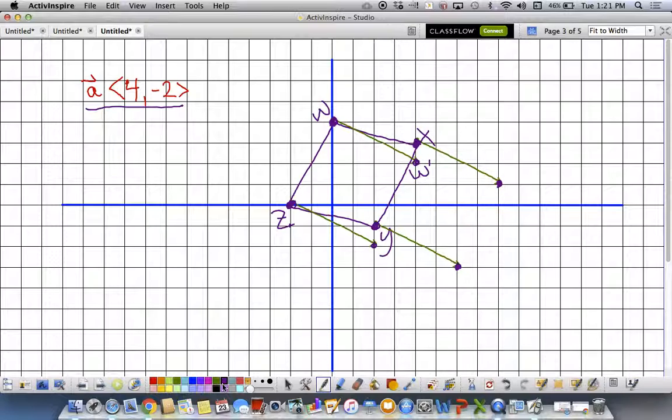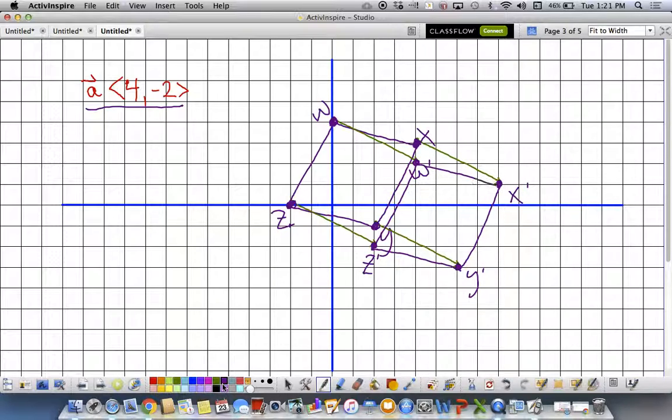X was translated 4 units right, 2 units down. That's X prime. Y, 4 units to the right, 2 units down is Y prime. Z, 4 units to the right, 2 units down, we have Z prime. When we connect those dots,